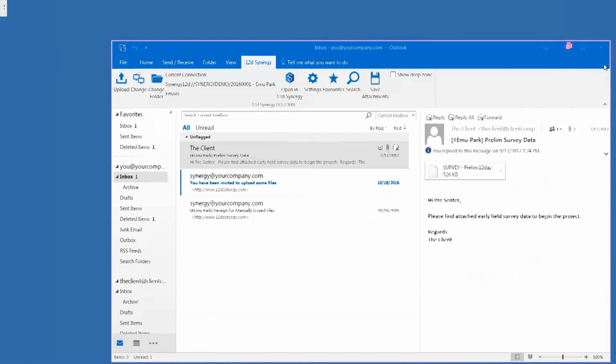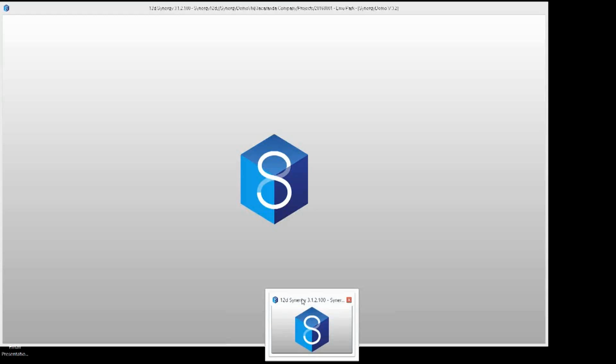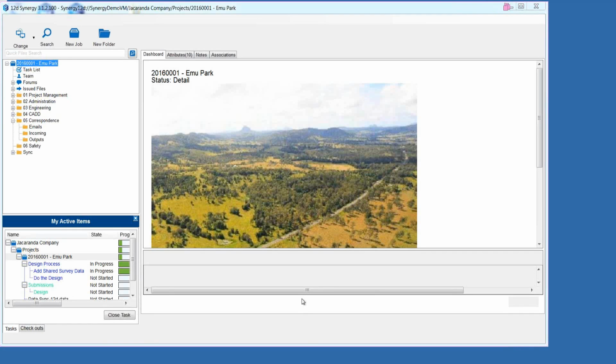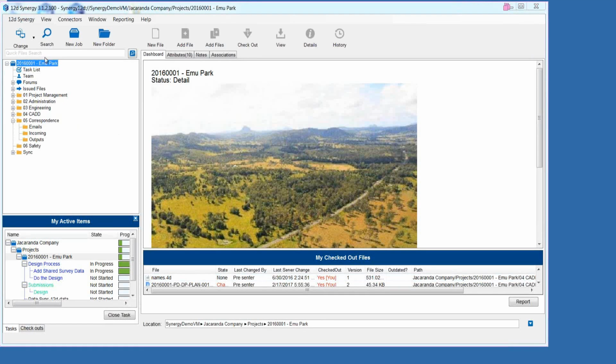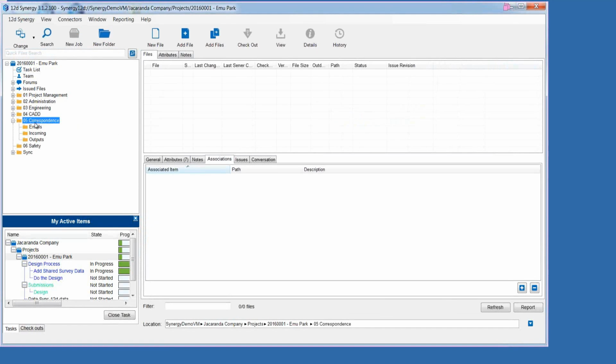Again, you can also search from within inside Synergy. So if I go back here and open 12D Synergy, you'll see that there's a quick search bar at the top here. What that really allows you to do is quickly search in a particular folder. So if I go to my correspondence folder here and I want to search for the word health again,